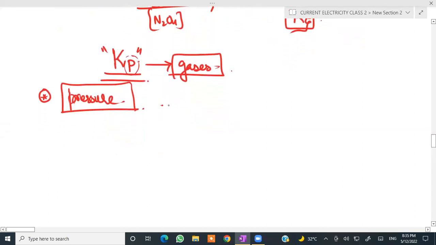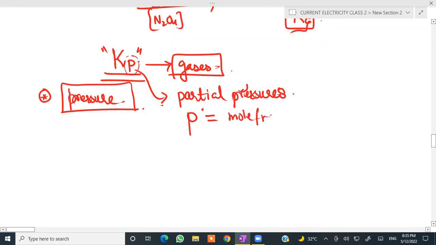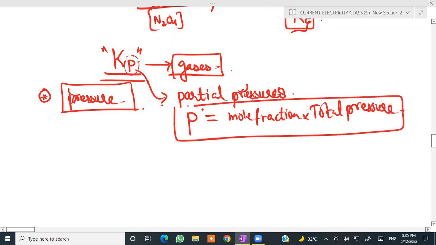Because gases have the greatest effect of pressure on them, right? Kp की भी expression बिल्कुल उसी तरह है, लेकिन instead of using concentrations, we are going to use partial pressures. Remember partial pressures that we did in gases? Partial pressure calculate कैसे होता है? Partial pressure, इसको P से represent किया जाता है, equals the mole fraction multiplied by total pressure. ये फॉर्मूला था पार्शियल प्रेशर के कैलकुलेशन का, ये भी याद करना है आपने, ठीक है। ये हम वैसे कर चुके हैं ऑलरेडी गैसेस में।